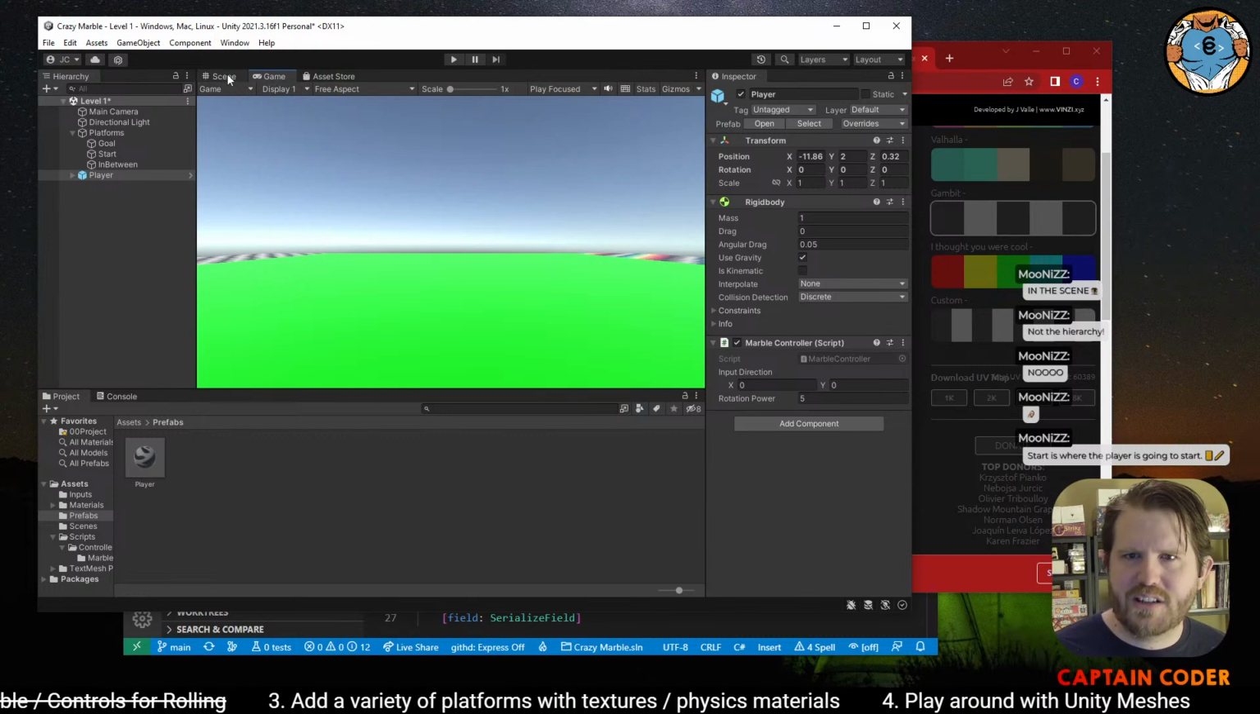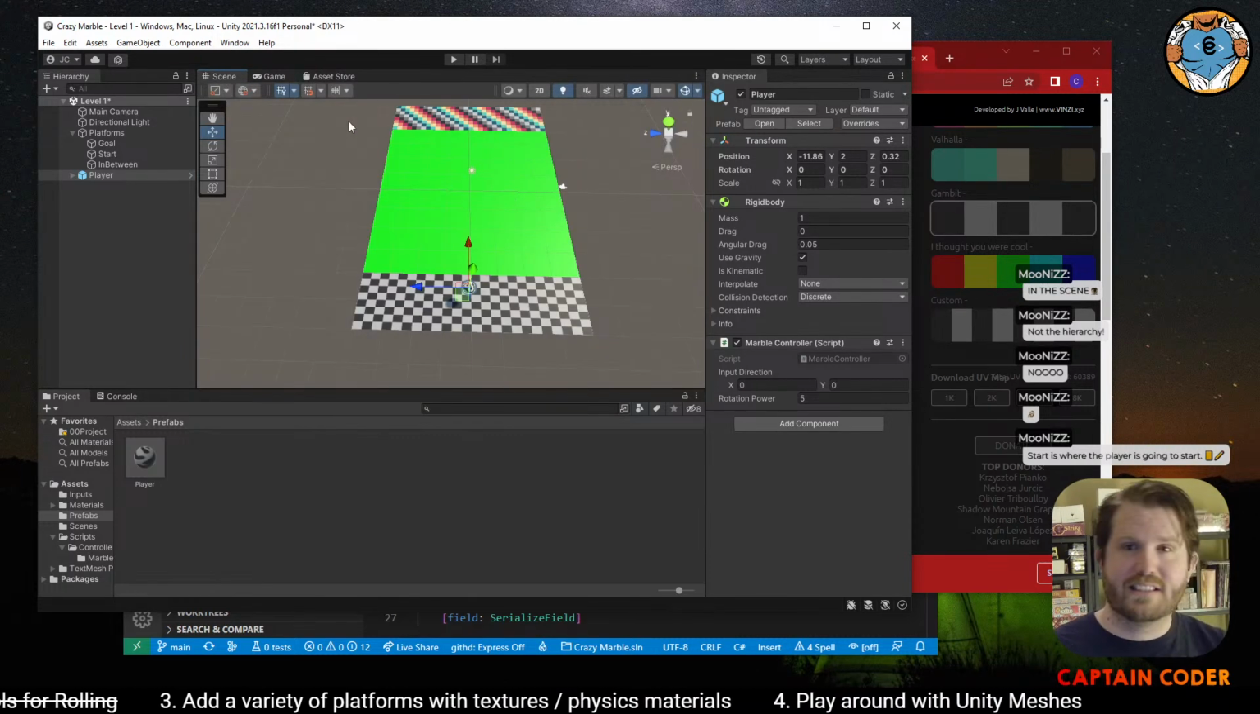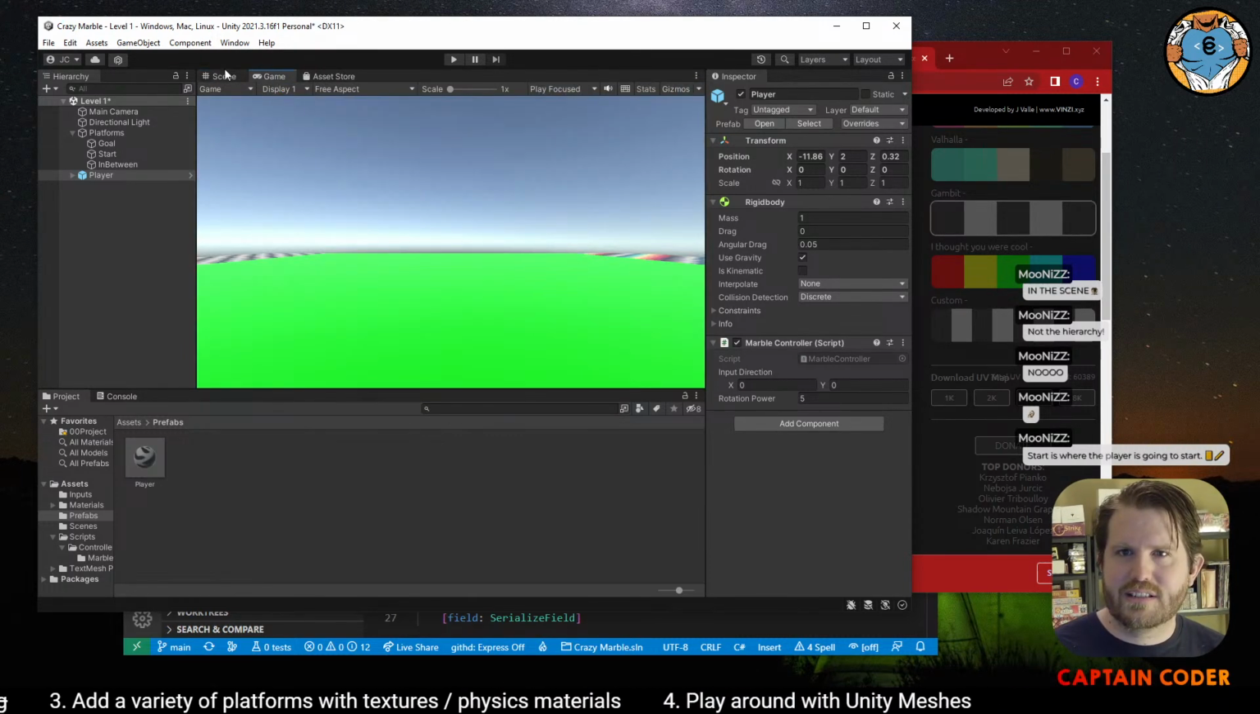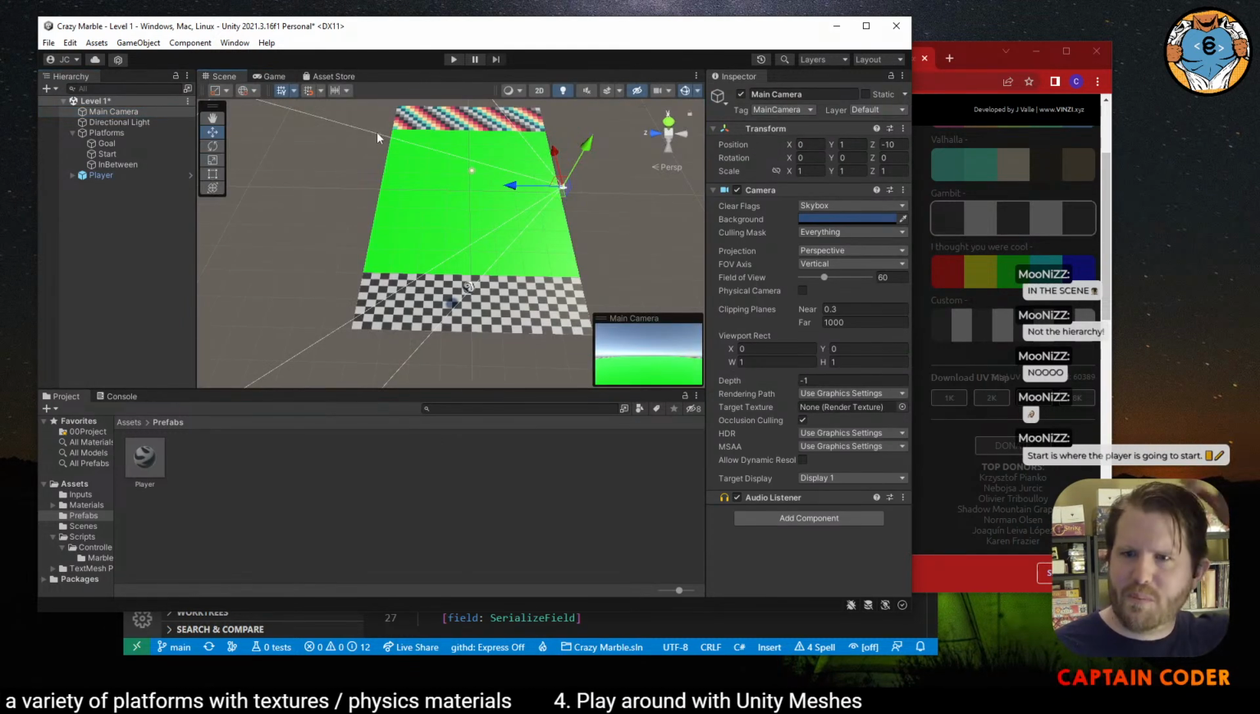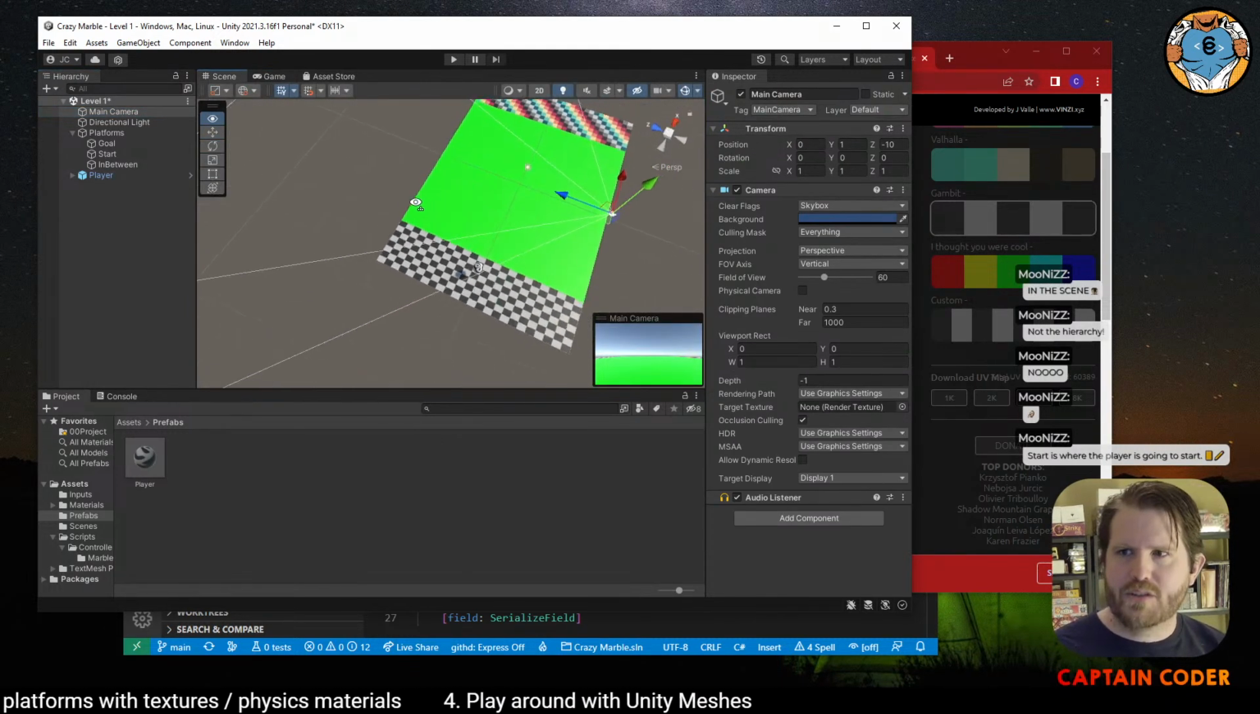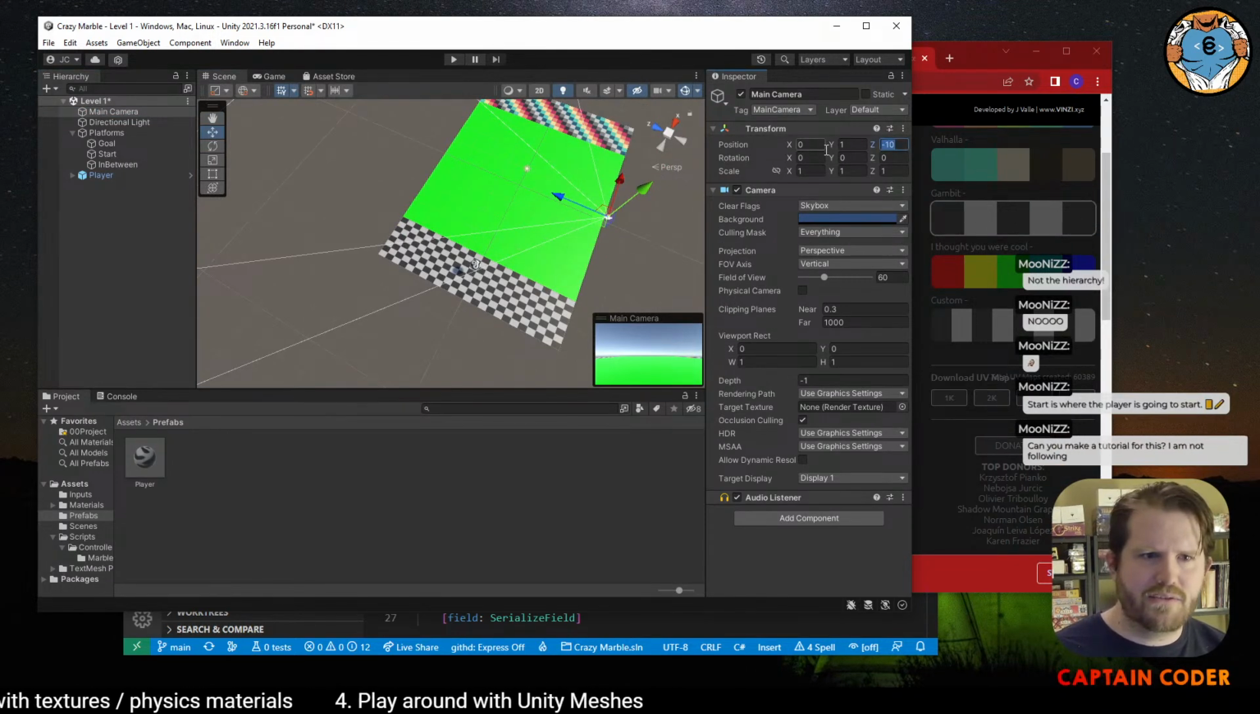We're going to start the player at the start. Genius. All right, so now our camera, I think I want my camera to maintain a distance of,